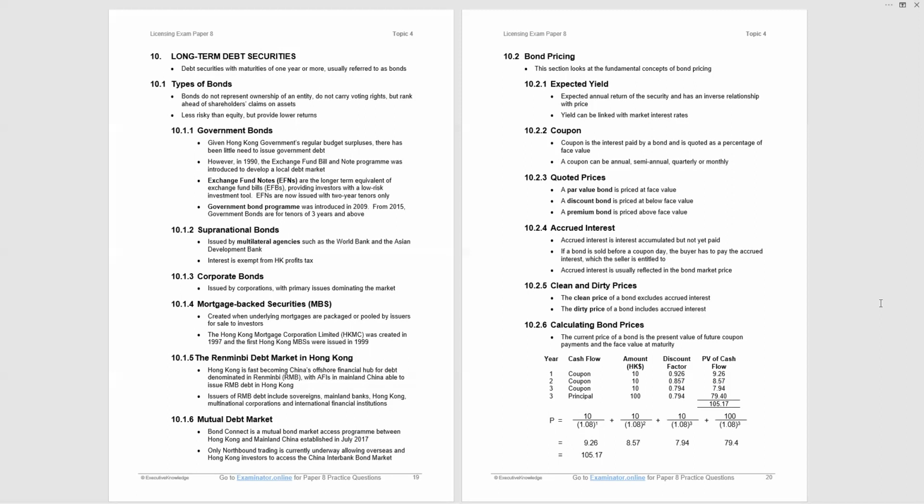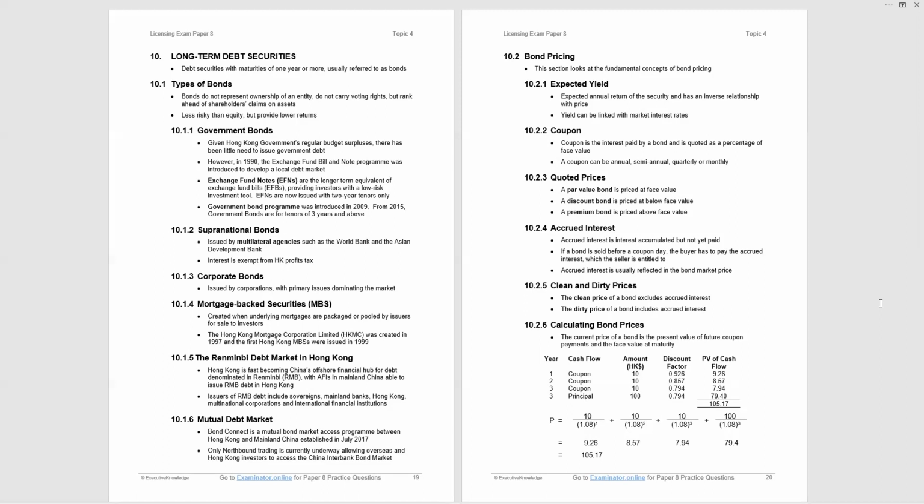Be aware again of the different categories. The classic question is, which of the following is long-term debt? And they'll throw in 3 short-term debt examples and 1 long-term debt, and it will come from that list. Now, 10.2 bond pricing. This can be quite complex, very mathematical. There'll be something from page 20 in the exam, that's for sure.